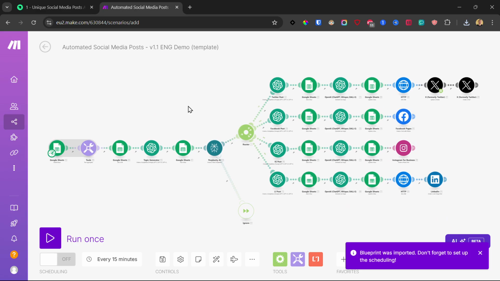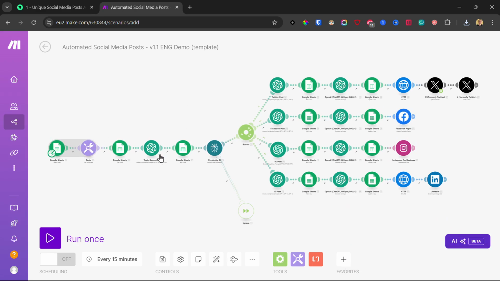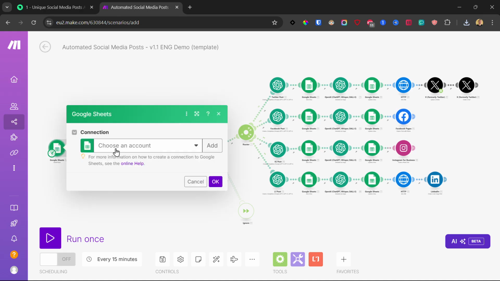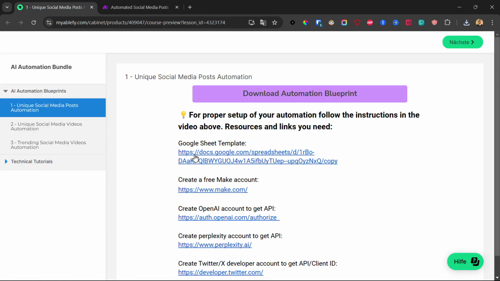Now the work is not done yet, because now we need to set up all of these modules with your specific connections, and we're going to start at the beginning here. Here we have a Google Sheets module. So for example, here you need to choose a Google Sheets account, and you need to set up a connection with Google Sheets. But before we do that, you want to click on this Google Sheet template, because this is the Google Sheet we are going to use